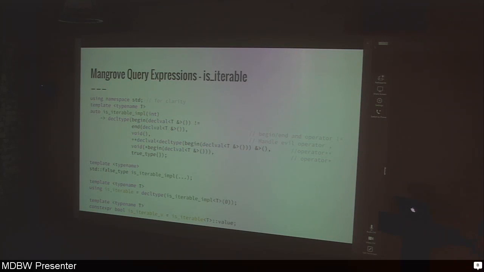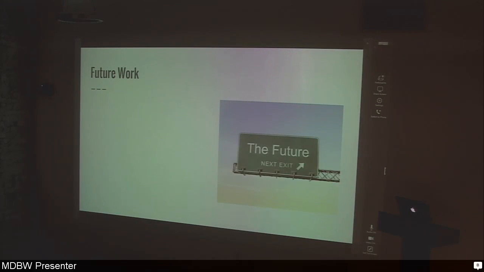And then once again, we have this is_iterable type trait, which just takes the return type of this function and then the corresponding value templated variable. Any questions? All right, so I'll hand it over to